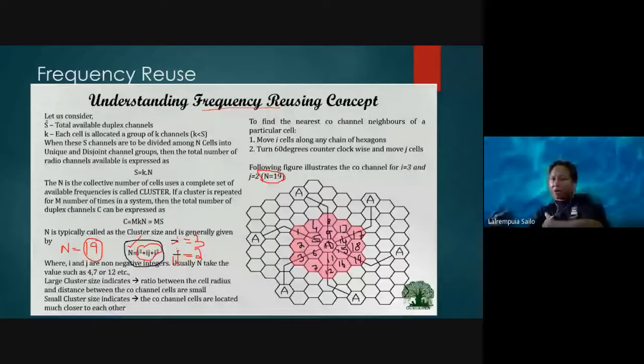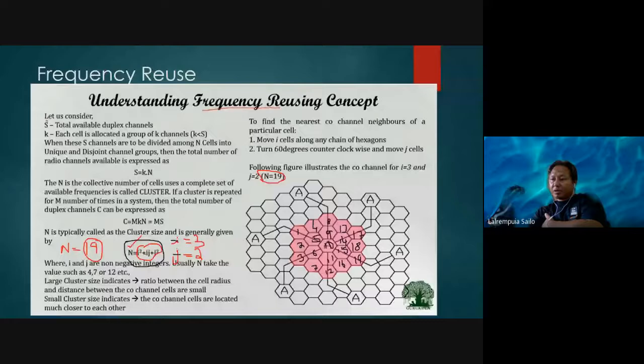So it will come from the i value and a j value. So i should be a negative number. Okay, you can put the negative number. So to find the nearest co-channel, frequency reuse channel, how are we going to do it? Move i cells. Okay, what is i? 3. Okay, move i cells, 3,